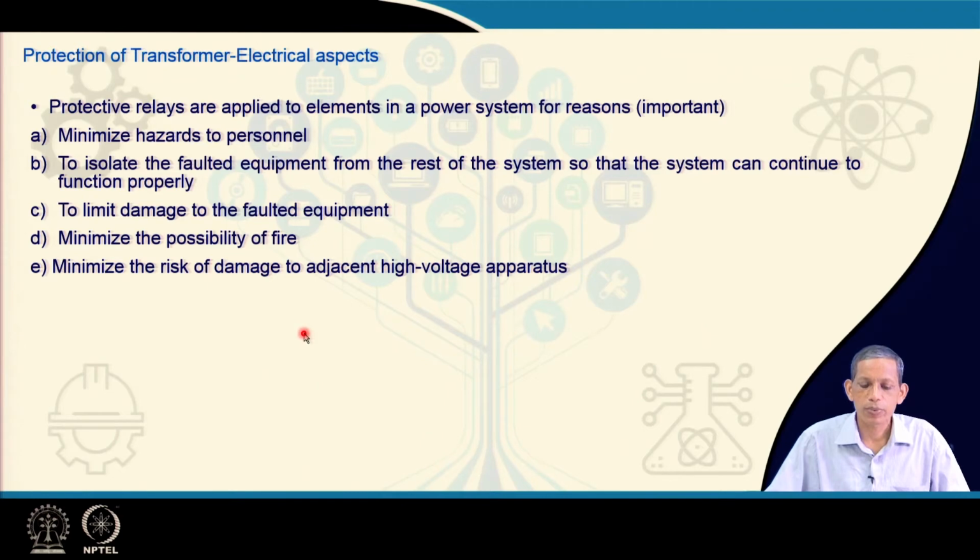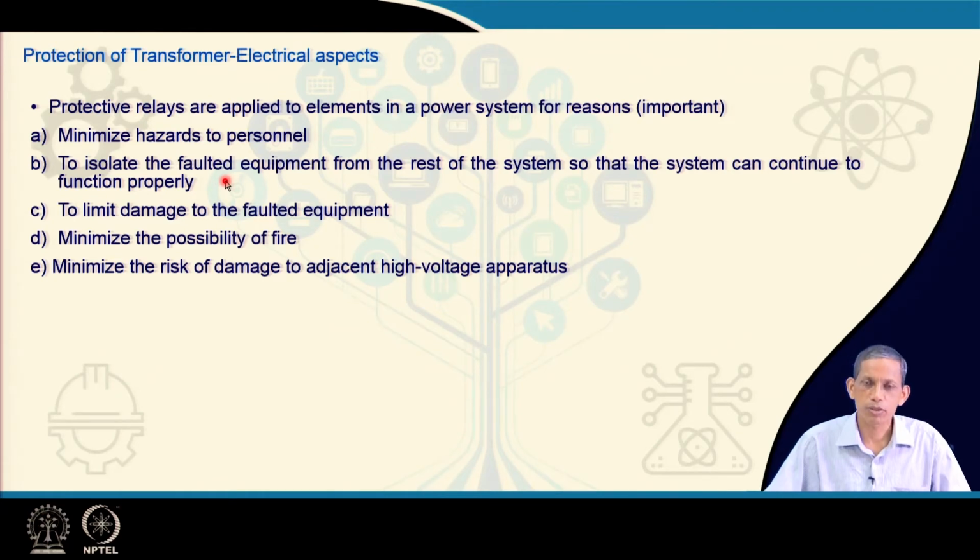Protection relays are applied in transformers in terms of power system regions. When you go for the design, it must minimize the hazards to personnel, the first and foremost thing. So it has a time-related issue also. It must isolate the faulted equipment from the rest of the system, so that the rest of the system should function properly; that is the selectivity perspective. If the fault persists for a long period, there will be a dip in voltage and other things, which is not desirable from a power quality and reliable operation perspective.